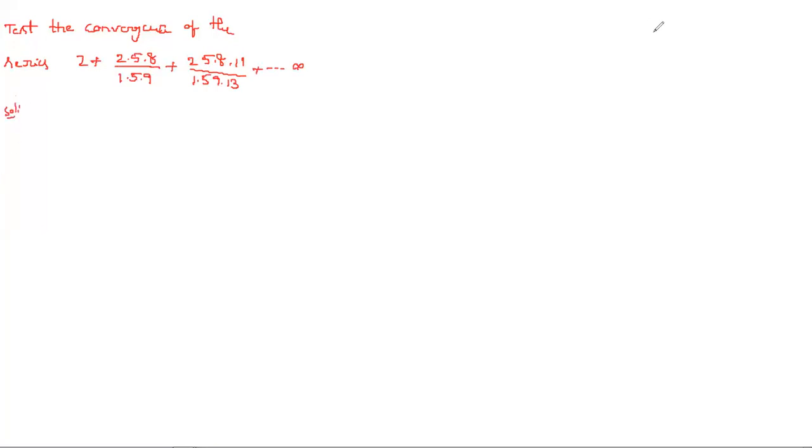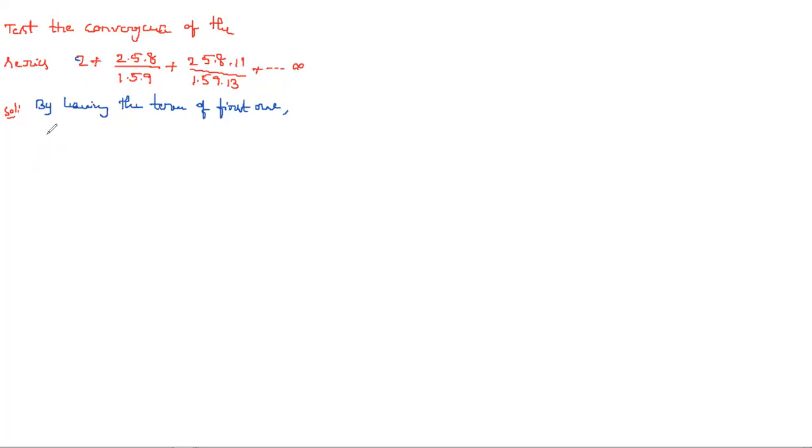So here, if you observe, this is an infinite series. So first we need to write the nth term for this series, right? By omitting or neglecting the first term, if you observe the series, in the numerator, is it continuously coming? See that, 2 5 8, 2 5 8 11, next 2 5 8 11 13. So like that it may appear.